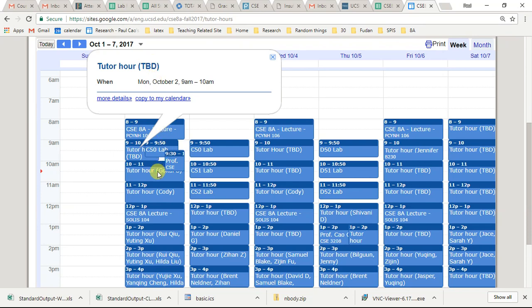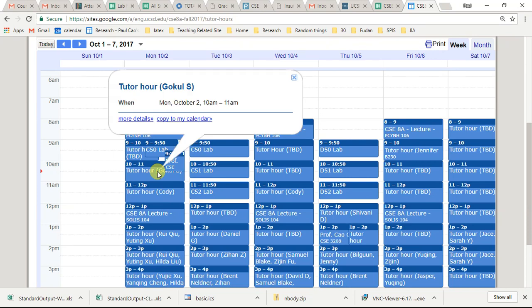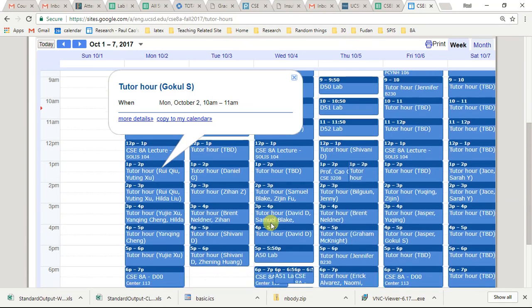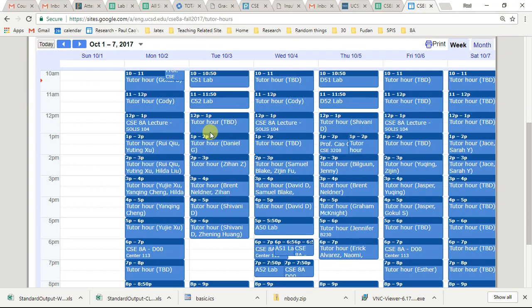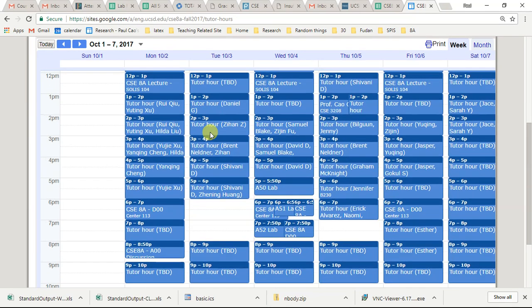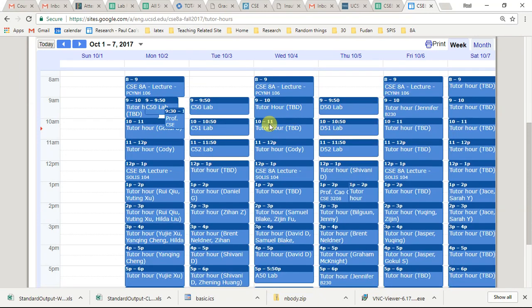You don't want to go there, but if you look at 10 to 11, we have one tutor in the lab. Our lab is B230. Our tutors will finish their sign up before Monday. So if you check on Monday, the calendar shouldn't be that crowded at that time.